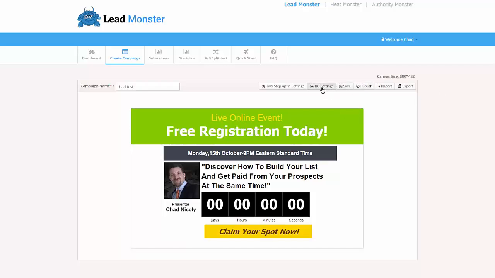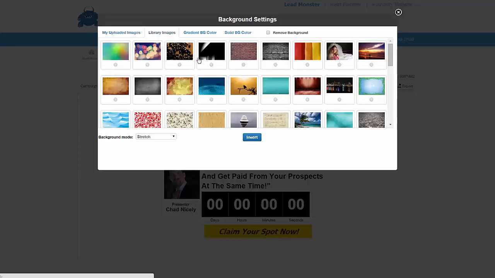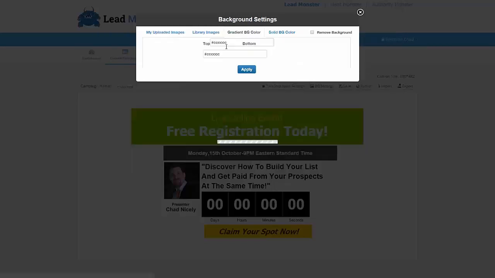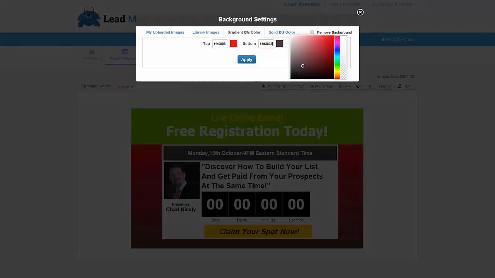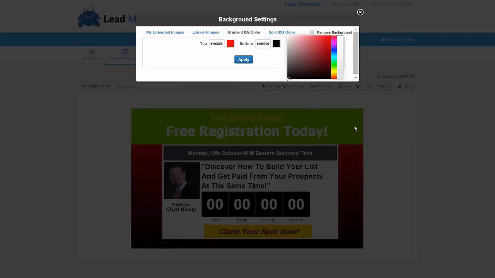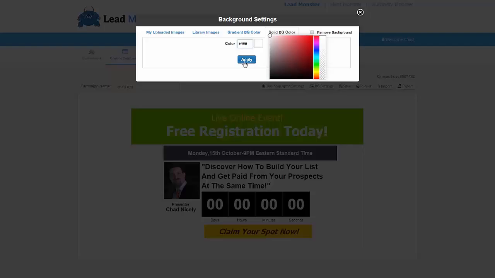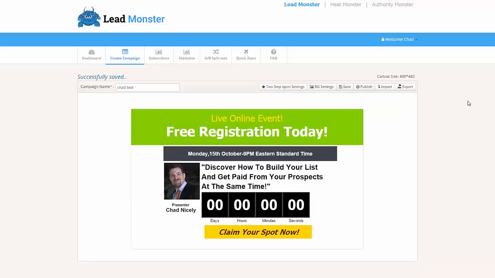So then we can come up here and we can click this background setting. So I can go ahead and upload my own background. I've got library images that I can just very easily go and pull those in. I've got gradient background colors. So if I want the top to be red and I want the bottom to be black, see how it just changed to here? We can also change this color right here, or we can just go with a solid background color just like that. So I go ahead and click apply, and now I went and changed the background color if I choose to do so. Once we do that, we're going to just go ahead and click save, and now it's time to actually go and